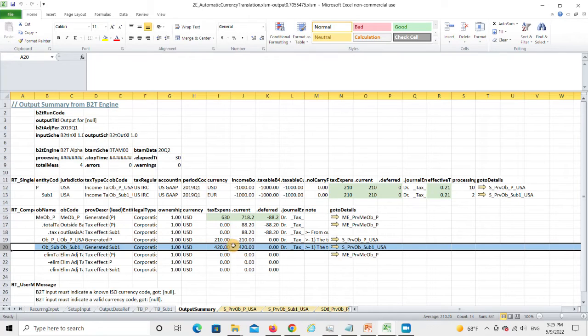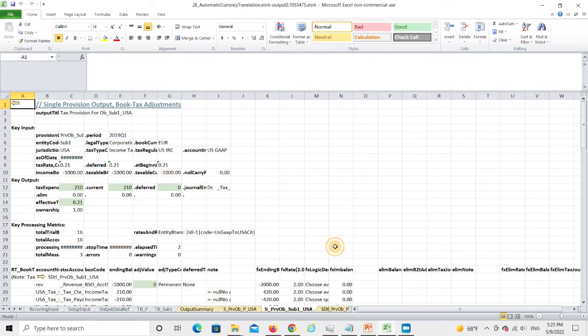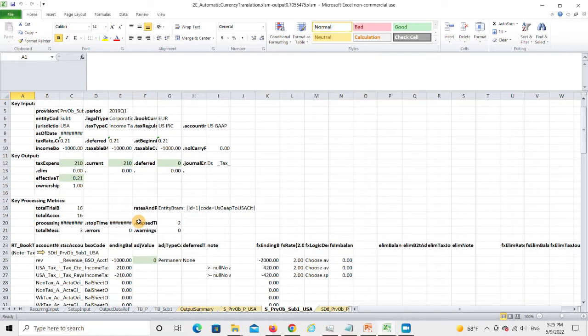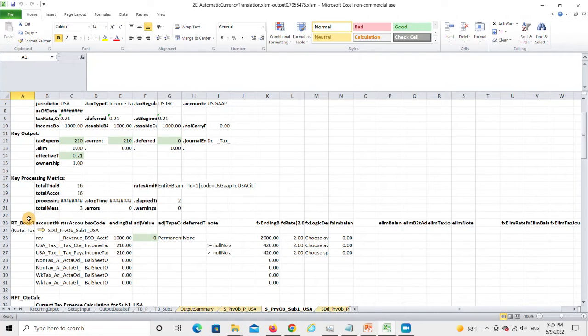And let's go further to the provision sheet for sub 1. So we go to the sheet by using the shortcut arrow over here. So here's a calculation for sub 1, and the currency is in euro. And here we have our book to tax